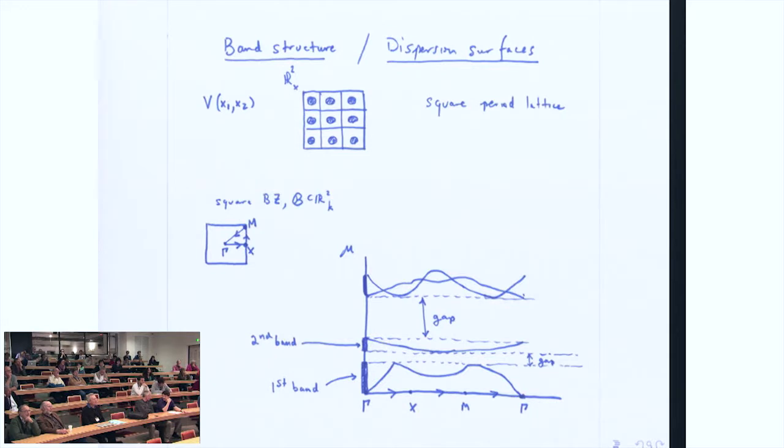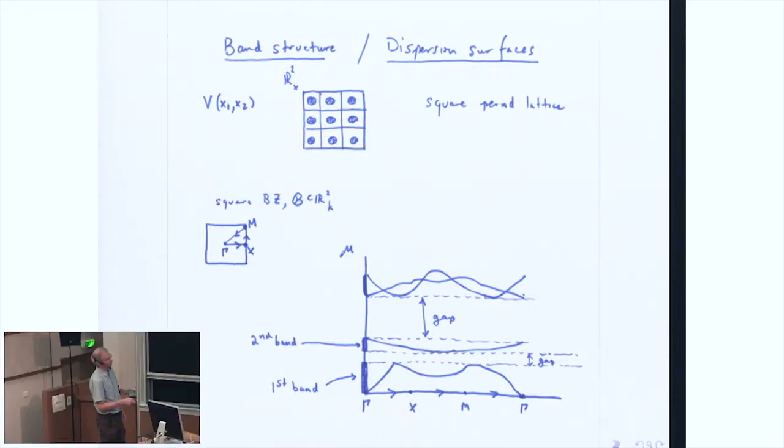This is mu 1 as it varies around here, mu 2, mu 3, and sometimes you see gaps. And then you also see intersection points, and these intersection points are what I'm interested in. And it turns out for honeycomb structures, one can control where those points are. One can control the quasi-momentum, the k values, where these intersection points take place. That's what we're interested in.